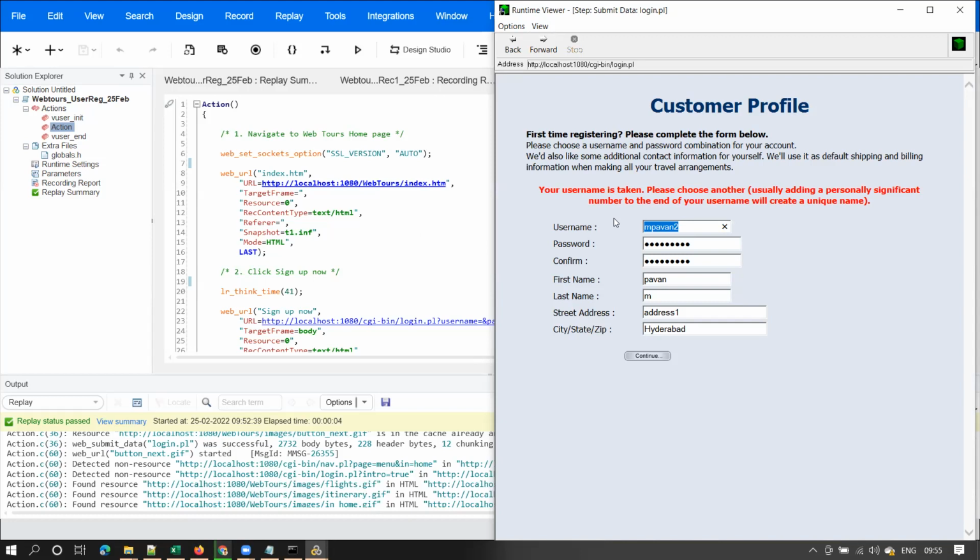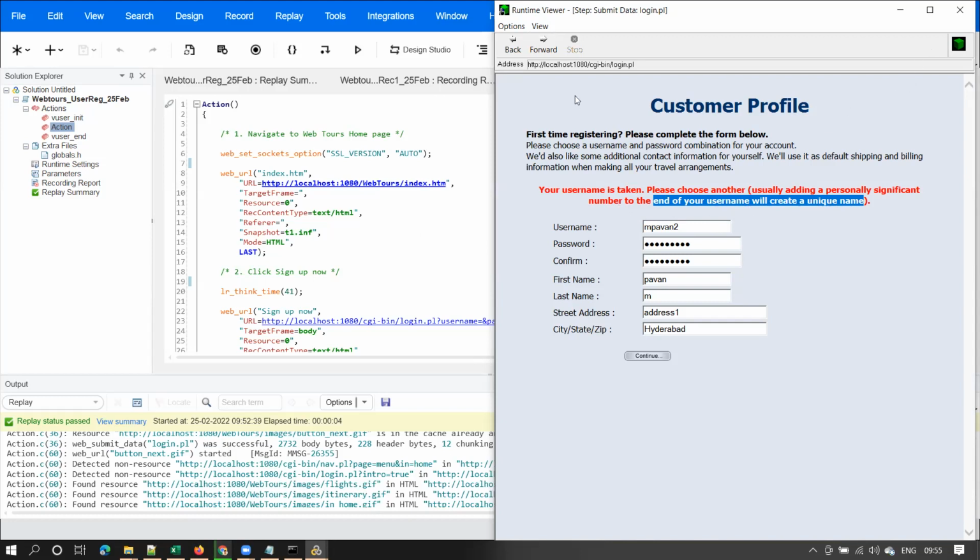The same way, I gave some username here, and that's what it is saying. Your username is already taken, please choose another username. Usually adding a personally significant number to the end of your username will create a unique name.